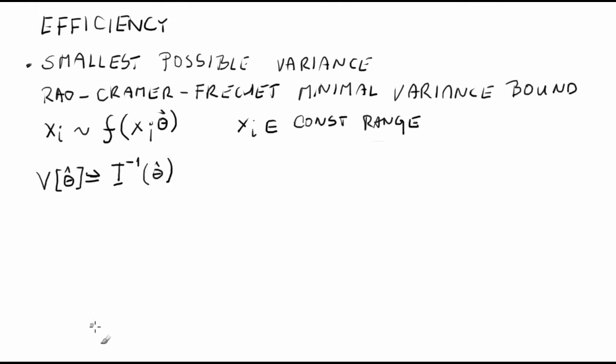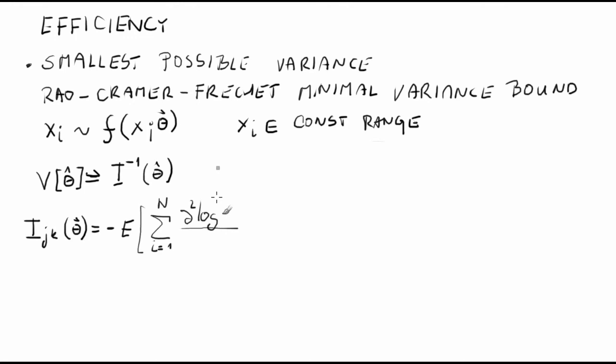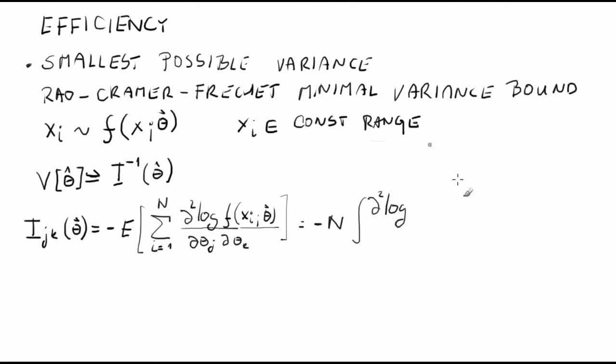The information matrix is given by the following formula. I sub jk of theta vector equals minus expectation value of sum from i equals 1 to n of the second partial derivative of log of f of xi with parameter theta vector over d theta j d theta k, and that in turn equals minus n times the integral of the second partial derivative of log of f of x with parameter theta vector by d theta j d theta k